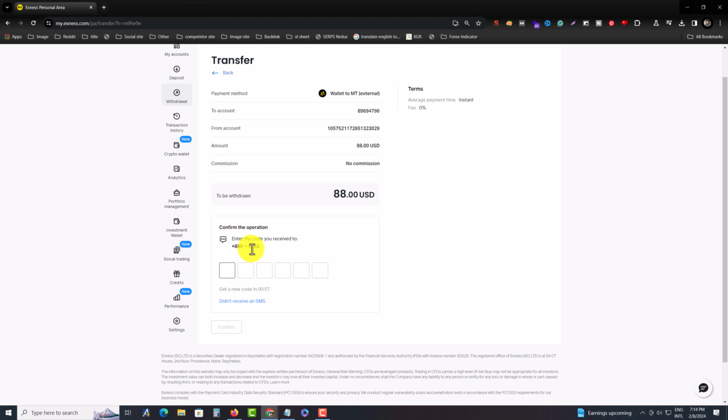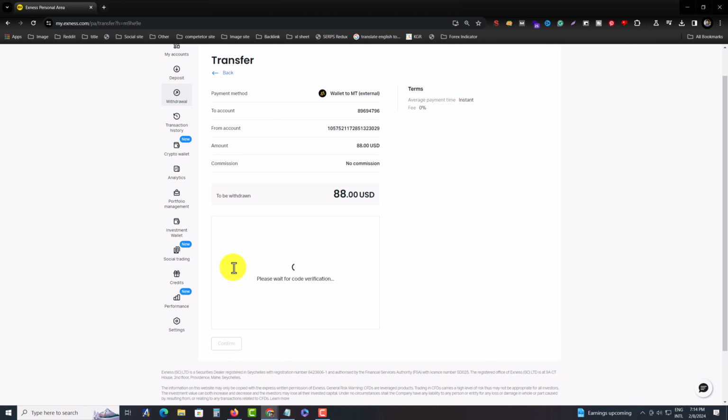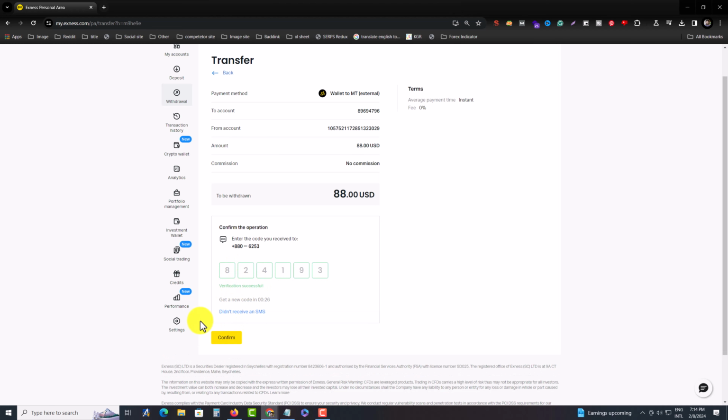Now check your registered phone number. Exness will send a code. You need to check your messages, or if you have WhatsApp, then you can also check it via WhatsApp. My notification is coming. Press on confirm,